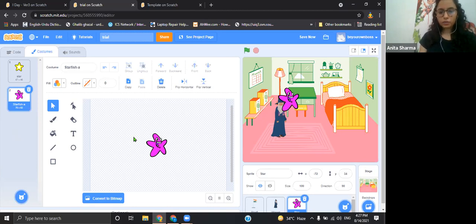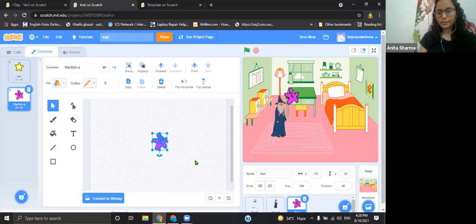All right. So Anvesha was asking how to decrease it. See Anvesha, when you go here, this is the select option. So you have to select it. Okay, I hope it is fine now. So Anvesha and all of you, what you can do is select it, and using these dots you can drag it and make it bigger or smaller, however you want.